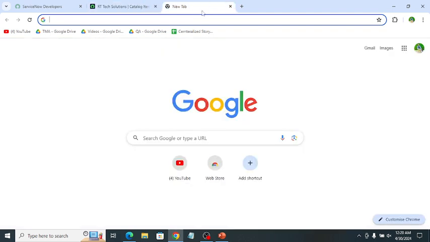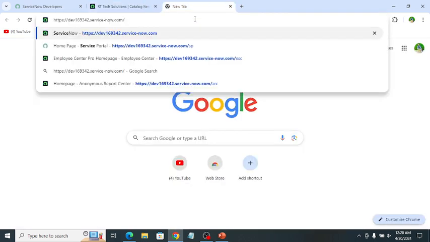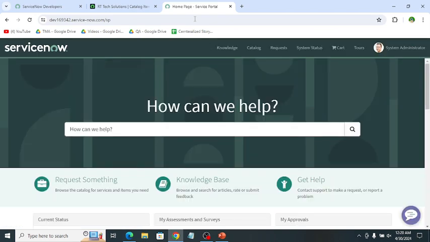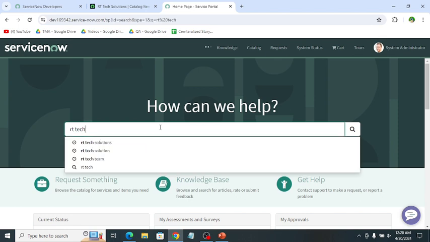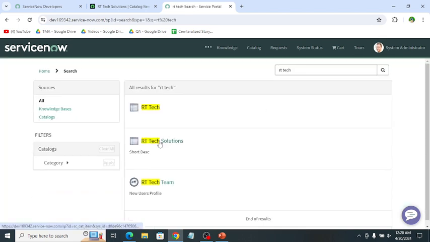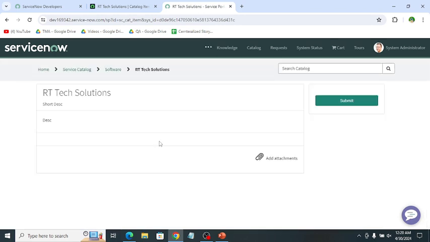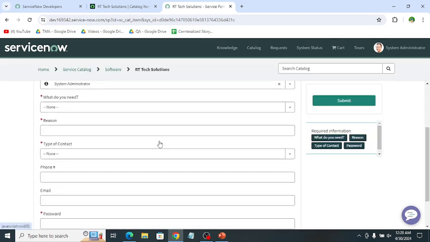Let me open the service portal. So this is the catalog item form.